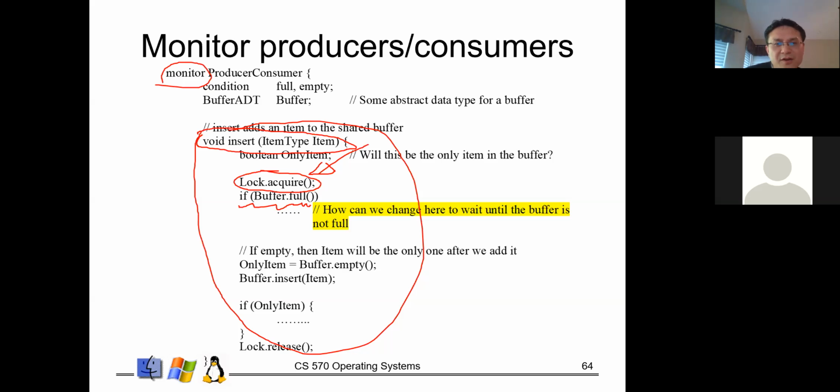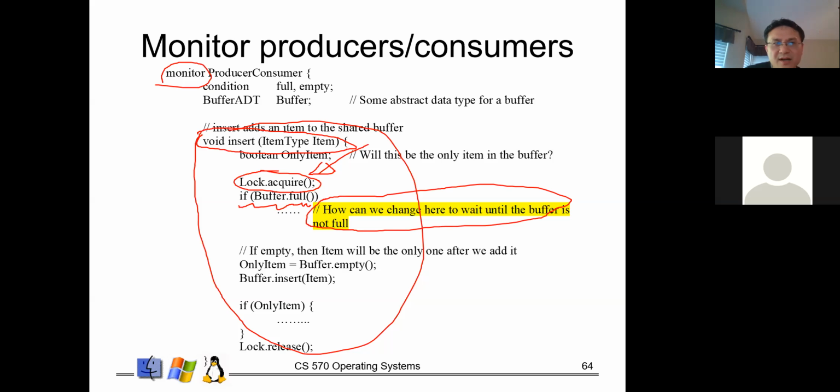Right, so here you enter this critical section. Like I said, every operation inside of a monitor is a critical section. So once the process gains access to the critical section, if it finds, in this particular case, that the buffer is full, it would not be able to insert the item into that buffer. And the normal case would be you need to block this thread. But when you block this thread or process and put it to sleep,